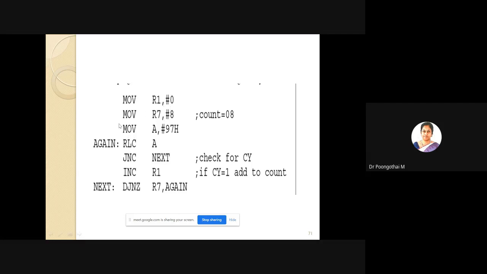So directly I have initialized one 8-bit data to accumulator and rotate the accumulator towards left through carry. After the execution of RLC A, I am going to check carry flag status. Okay.